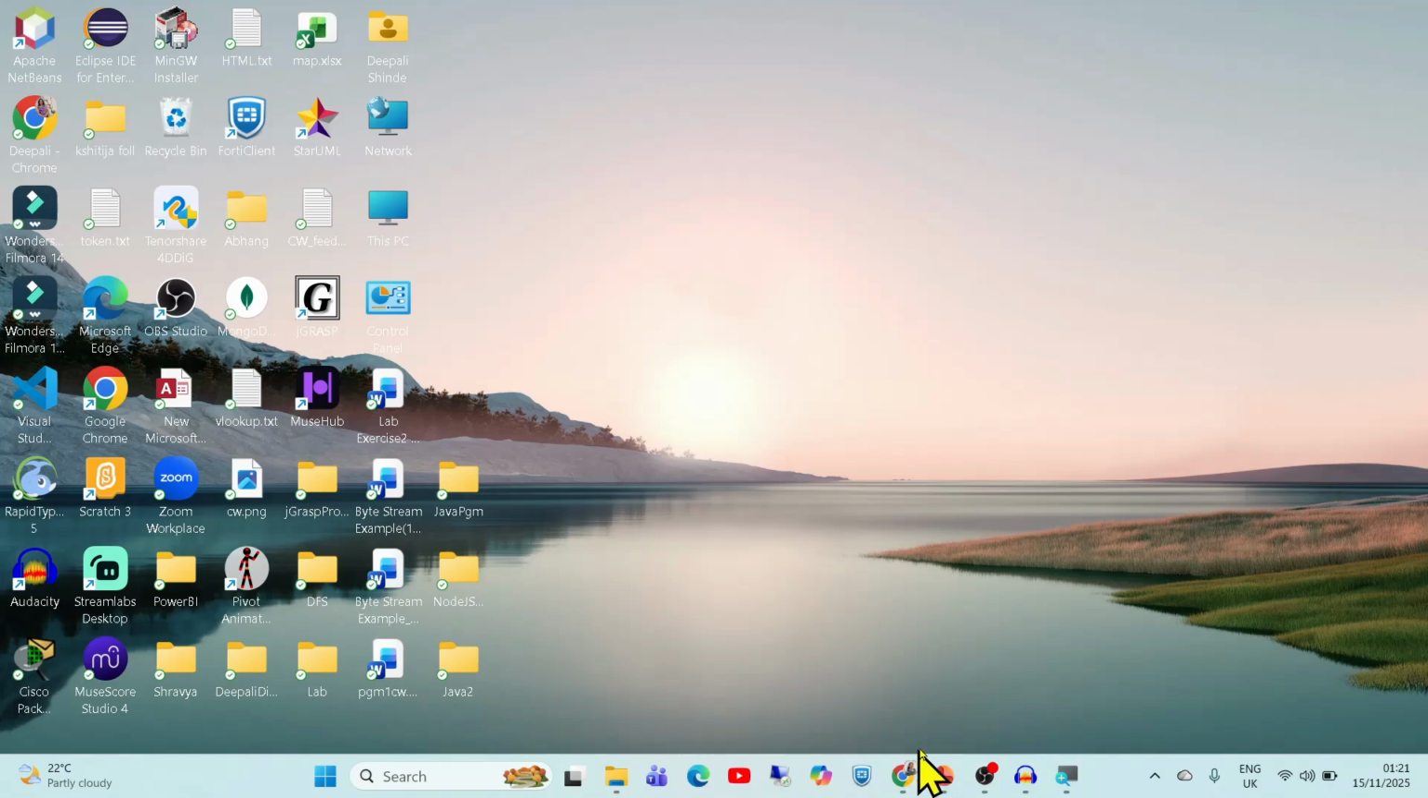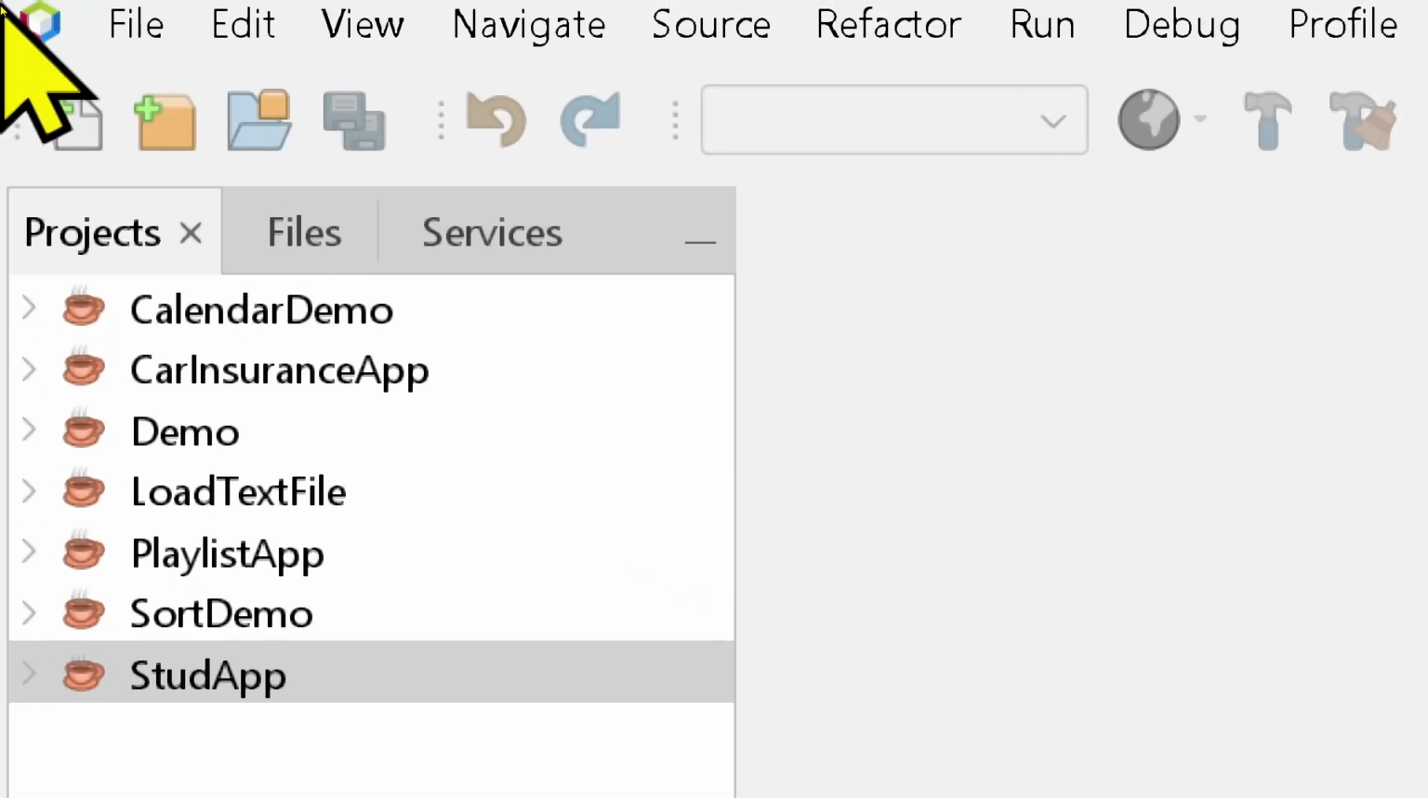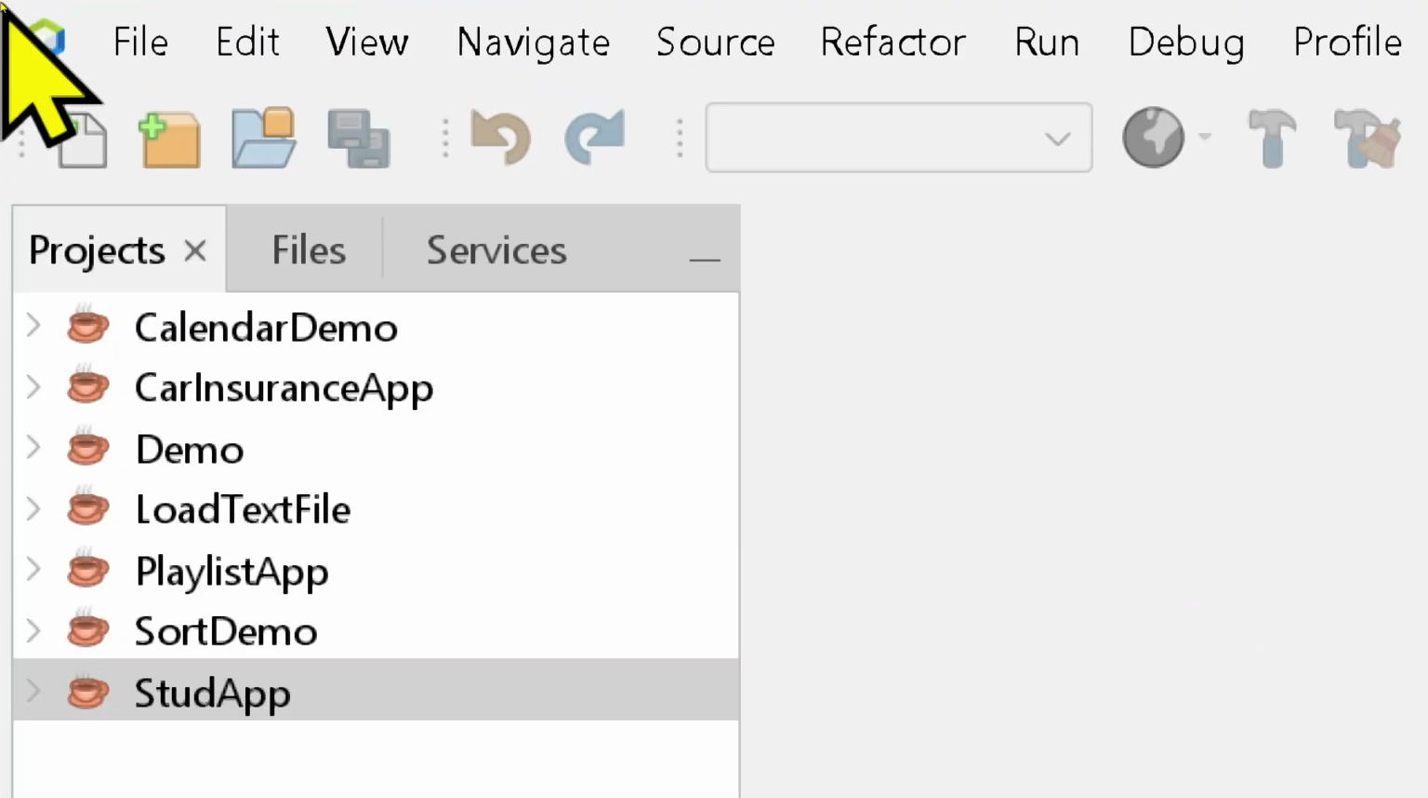For that purpose, I am going to use the NetBeans IDE. Friends, if you have not installed NetBeans on your machine, then please check the description box. I have given link in description box for installation of NetBeans IDE. So here first we will see how to create a project and how to create a Java file